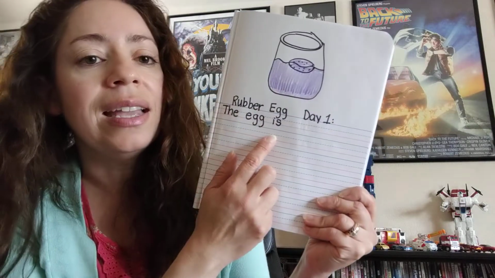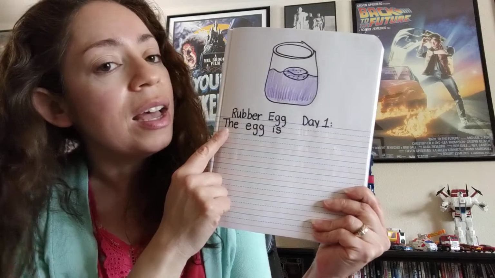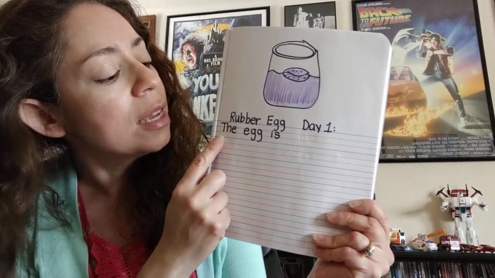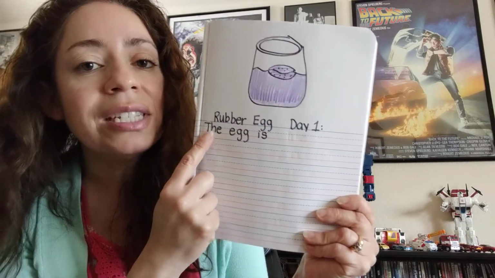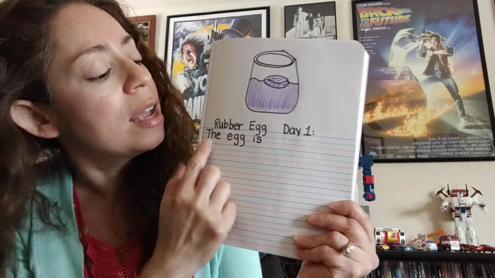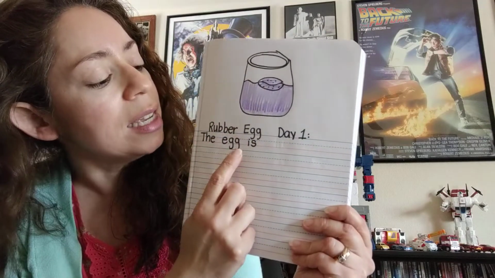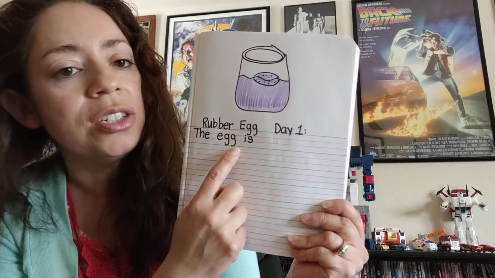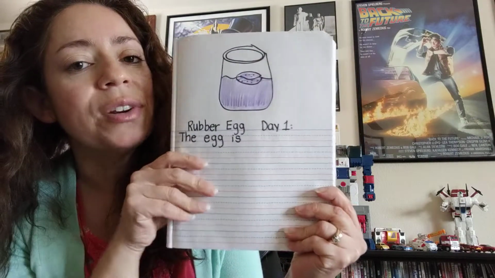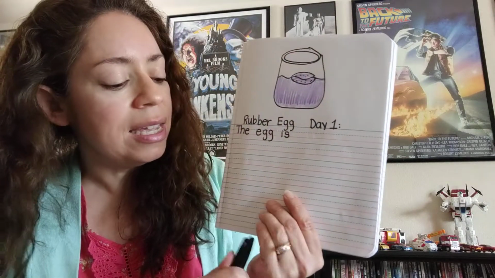So the egg is. Now I know the is a snap word. So the has to be spelled correctly. How do we spell the? Can you help me? T-H-E. Every time I start a new sentence, I'm going to start off with a capital letter. Every time I start a new word, I'm going to put a finger space. Egg. Here's how we spell egg. E-G-G. The egg is. Is also a snap word. So we want to make sure to write down our snap words correctly. I-S. The egg is